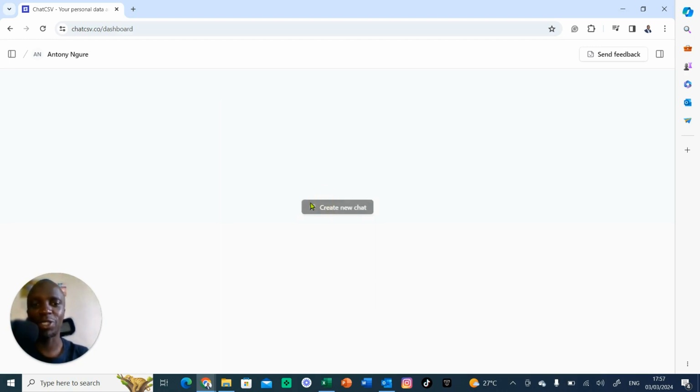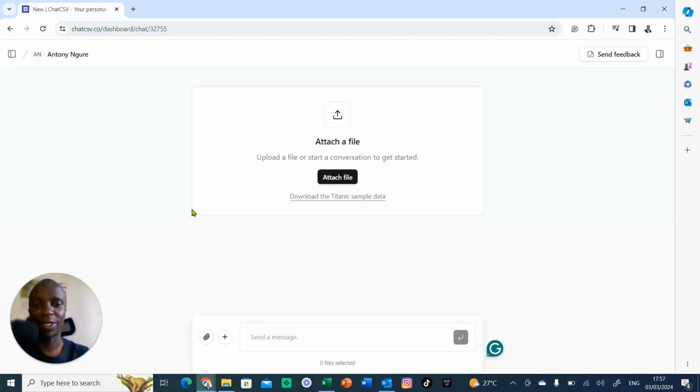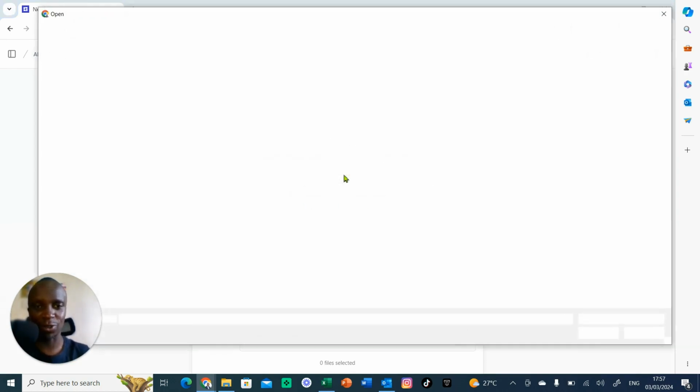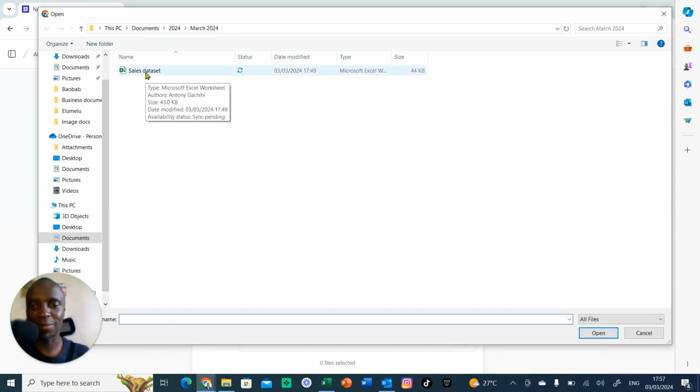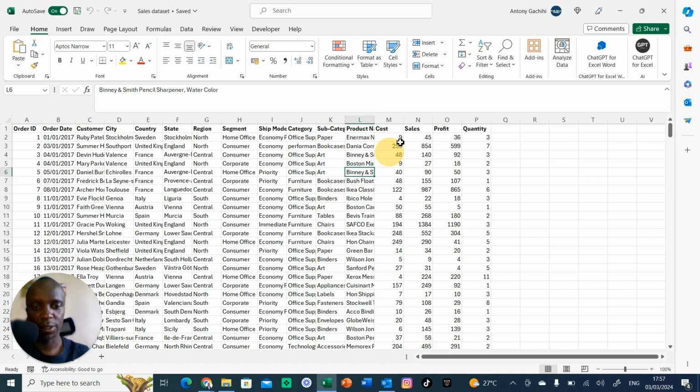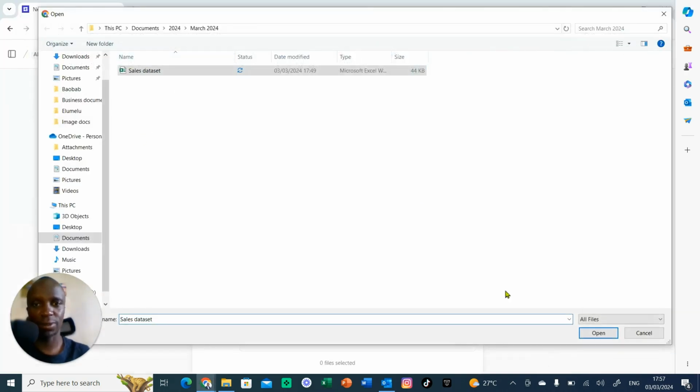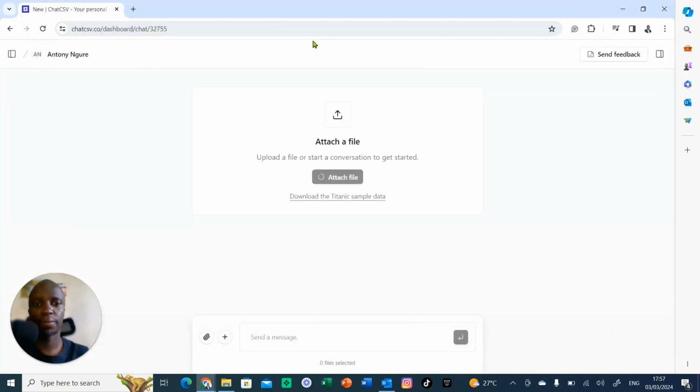So I'll create a new chat. So I'll click on create new chat, and it asks you to upload a file. And then after you upload the file, then you can ask it to do whatever you want. So I have a data set that I'm calling a sales data set. So I'll just attach it. It's new, so let me close it. So if you open it,